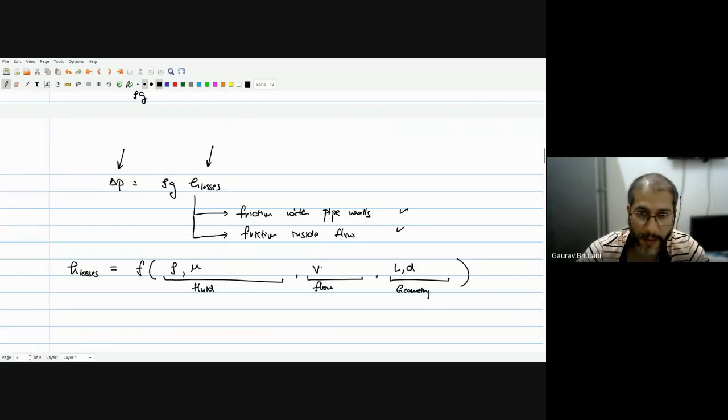I can either put a V here or the flow rate Q here. And then we also need the information about the roughness of the pipe surface. We denote that by epsilon. Okay, so this is roughness. Is the pipe surface rough or is it smooth? If you use some sort of abrasive technique to polish it to a shiny finish inside the pipe surface, you will definitely have less loss because of friction. I mean, that's intuitive again. We'll discuss that more formally. And then the shape of the cross section.